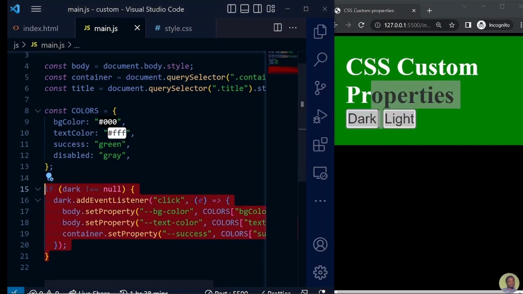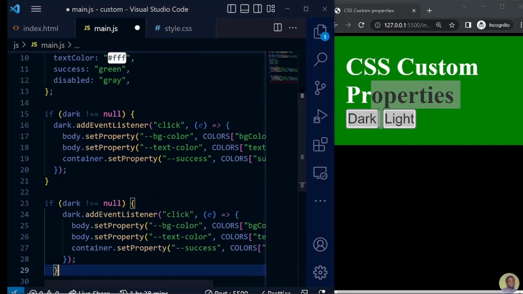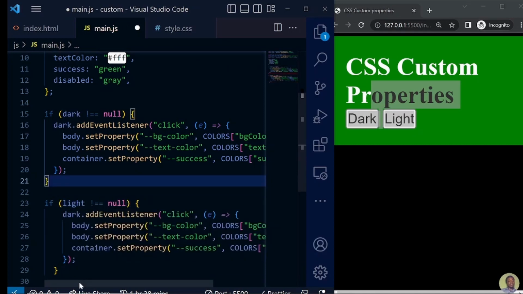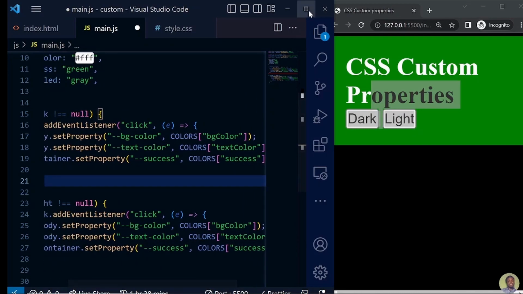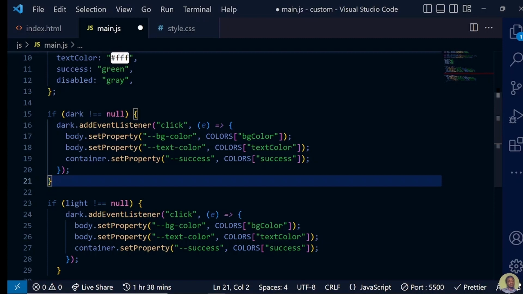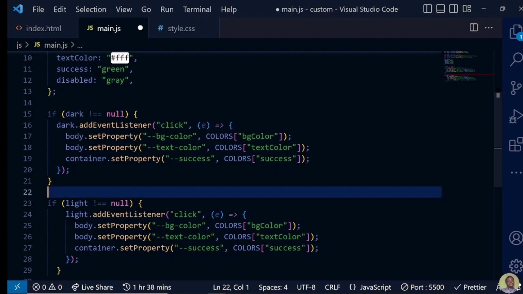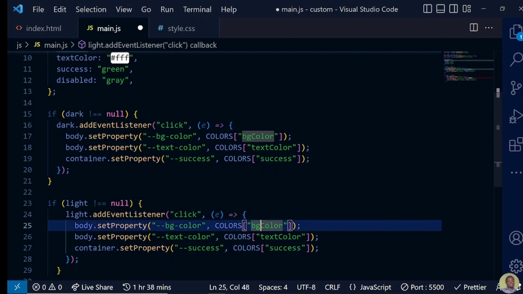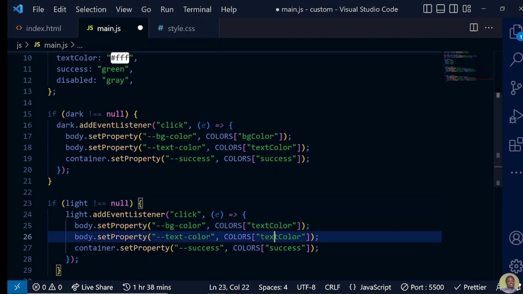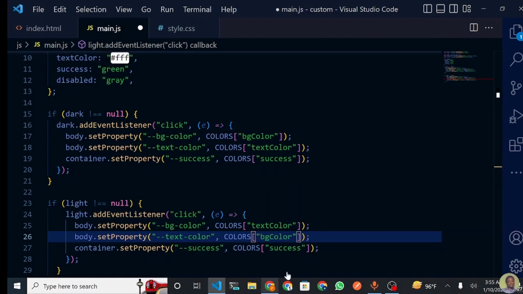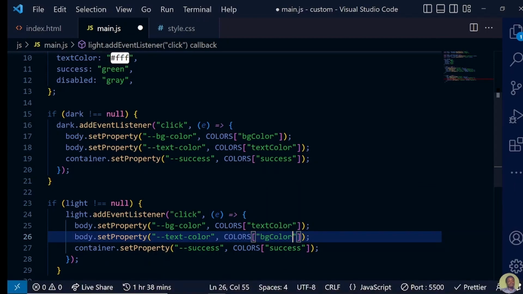So I'm going to copy this and then I'll go down, I'll paste it, and this time I'll change this to light. So if it is not null, we want to do the opposite of what we did here. If it is not null, let me enlarge this. Okay, let's change this to light. Then we are attaching an event listener now, and we are saying that we change this property --bg-color to be text color. So this is going to make it white. And then the text color should be changed to what the background color is, which is black. So I'm going to say bg color. And then if the text color is black,